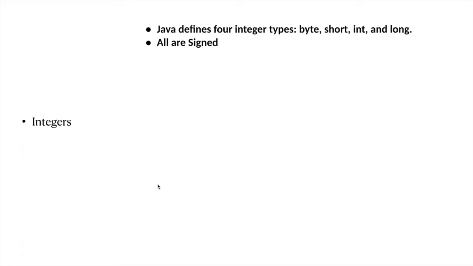As you know, unsigned integer is designed to utilize the higher order bit for sign, that means negative or positive, but Java handles it in another way. We'll discuss it later on. So there is no concept of unsigned integer in Java, and